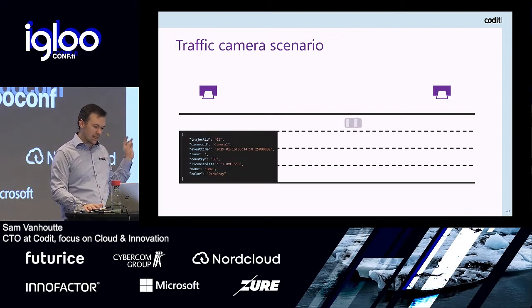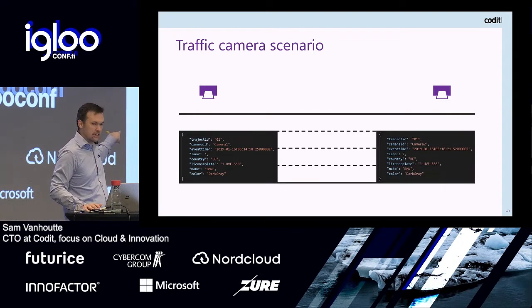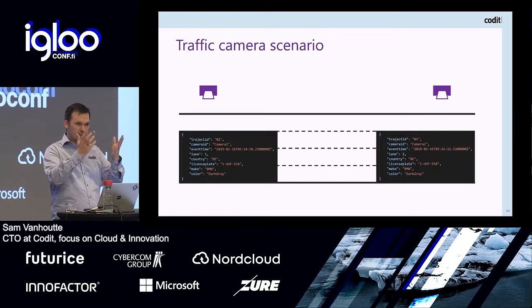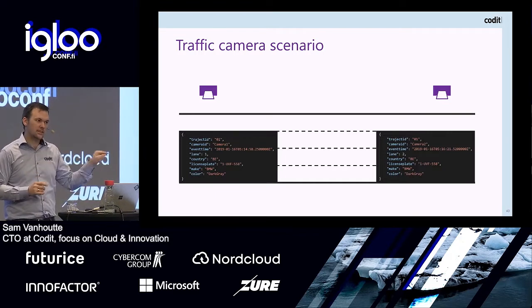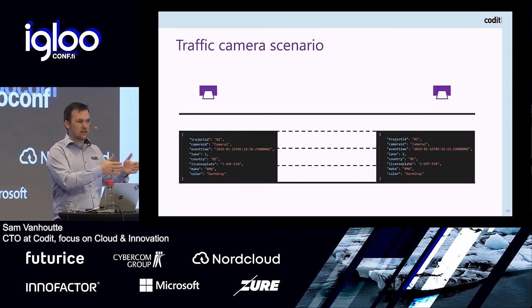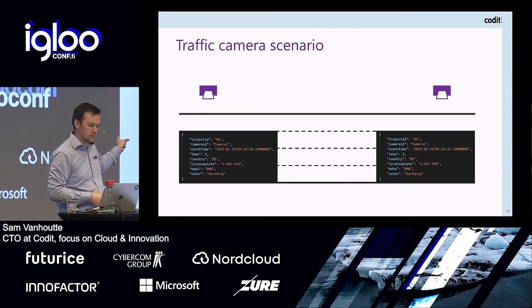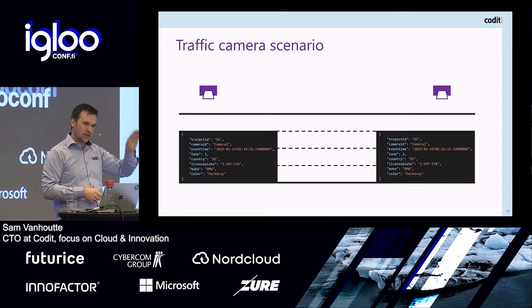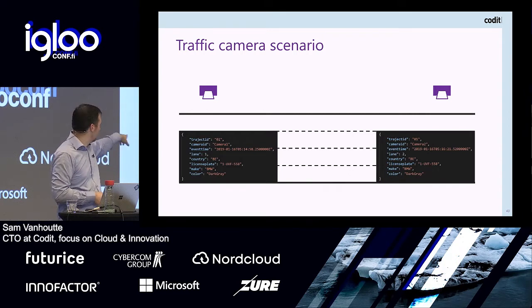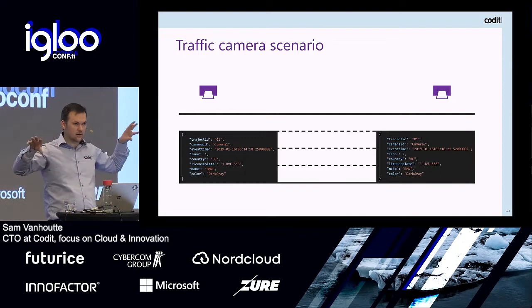So what happens is that as soon as the car gets scanned at the left side, an event is being, well, it's not an event, this is like the time series events, right? This is a stream of events. This is not Event Grid that I'm using for that one. So I'm using IoT Hub as a telemetry stream to capture all these camera events.